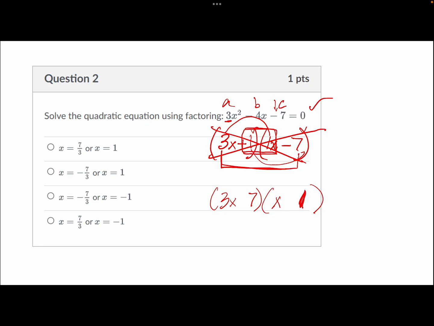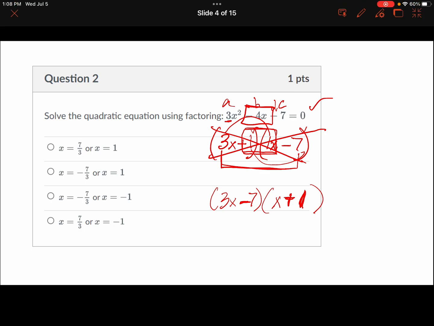And again, one of them has to be negative, one of them has to be positive, and I want -4x as my term. So I'm going to make this negative here. That'd give me -7x plus 1 there. If I check this with FOIL from last unit,